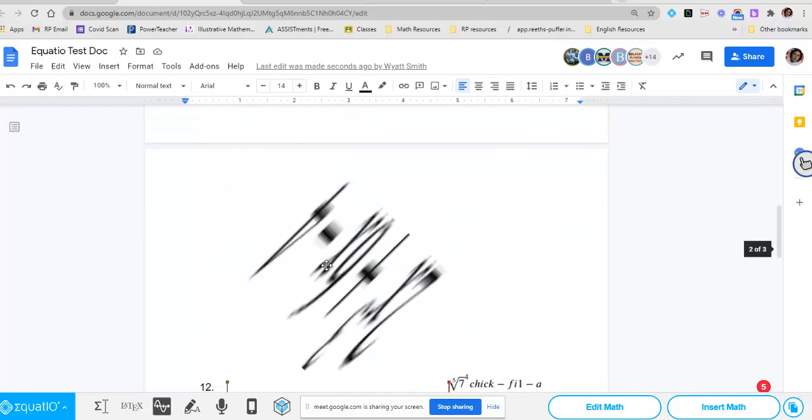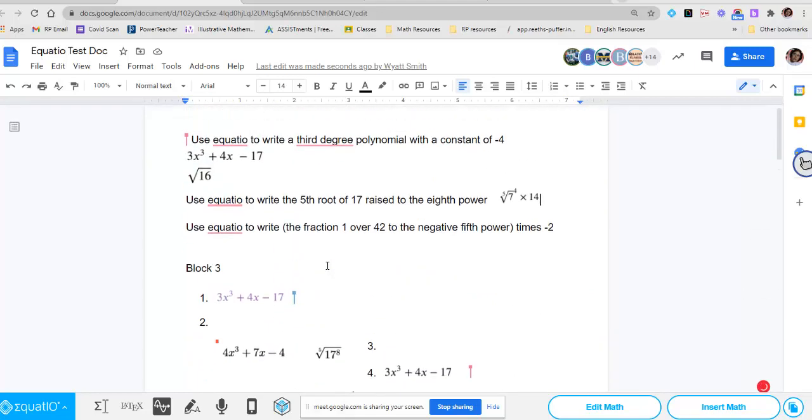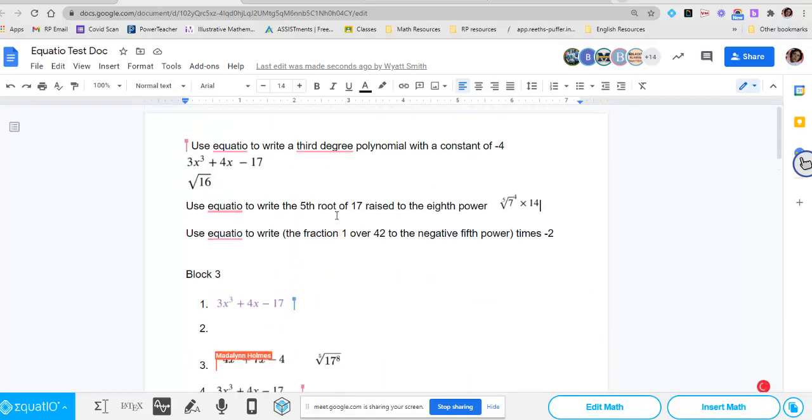Any questions about Equatio and how we can use it? It'll follow you everywhere now, and it'll be there ready for you all the time now. Okay? Are we gonna use this all the time now? We'll use it pretty frequently. It's just a nice way for us to capture